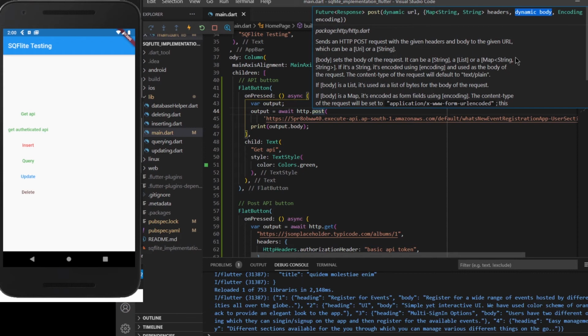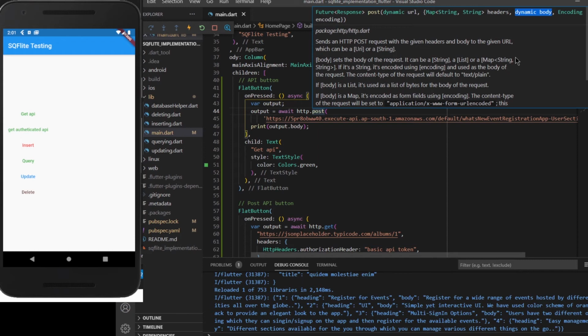What generally happens in AWS is that we have an event which is derived from the body part. So whatever body you pass from your application will be converted into an event inside your AWS console or AWS code, and from that event you can get whatever input you want to pass.